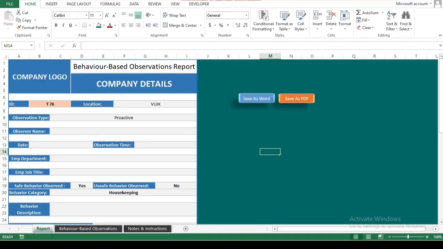In this tutorial, I'll be giving you an overview of how to use a behavior-based observations template. A behavior-based observation, or BBO, is a proactive safety approach focused on observing and recording both safe and unsafe behaviors in the workplace. It plays a key role in identifying patterns and addressing potential risks before they lead to incidents. This approach encourages employee involvement, promotes accountability, and strengthens the overall safety culture by shifting focus from just incidents to